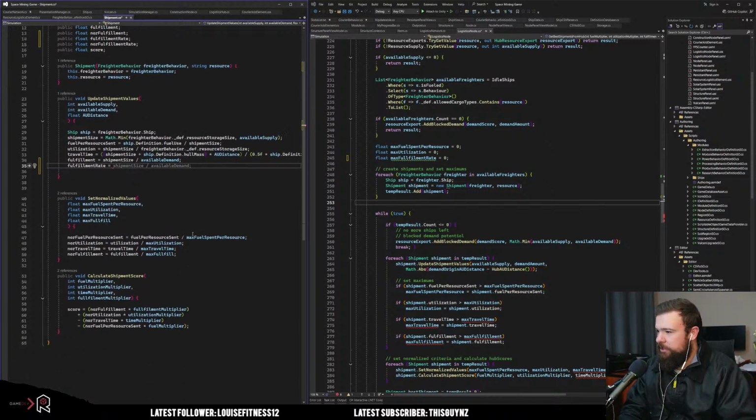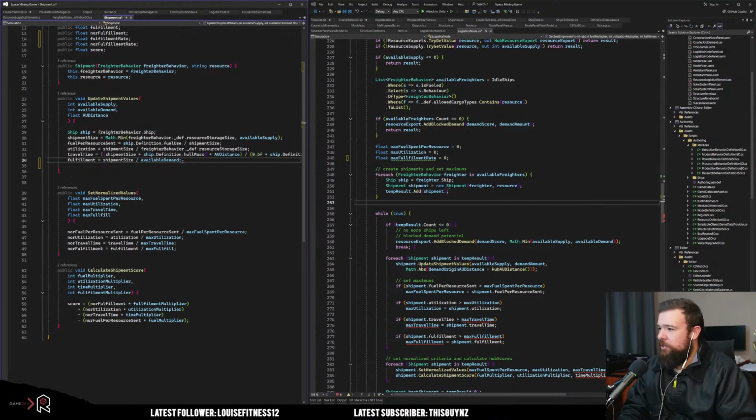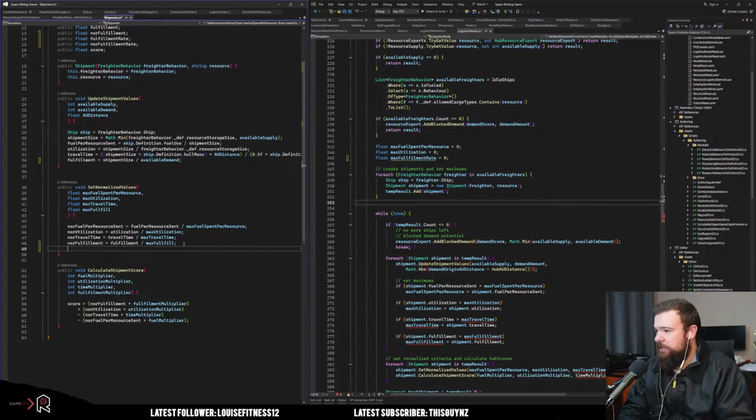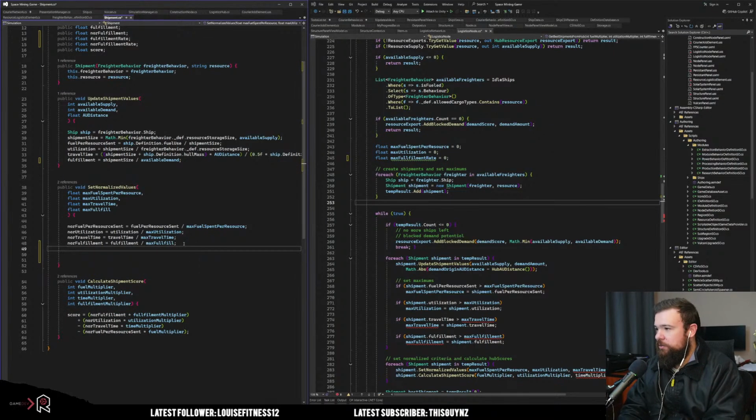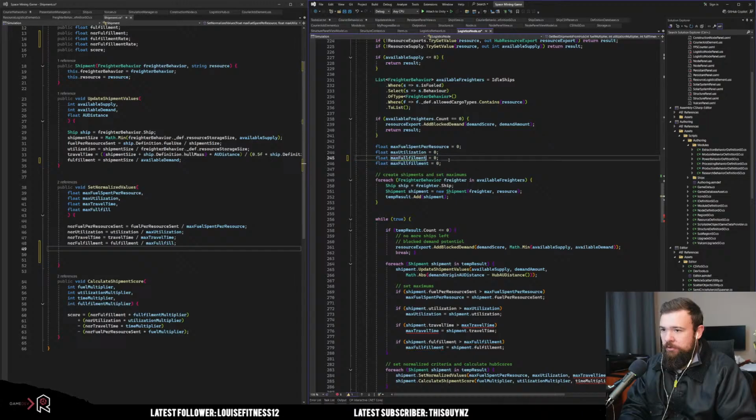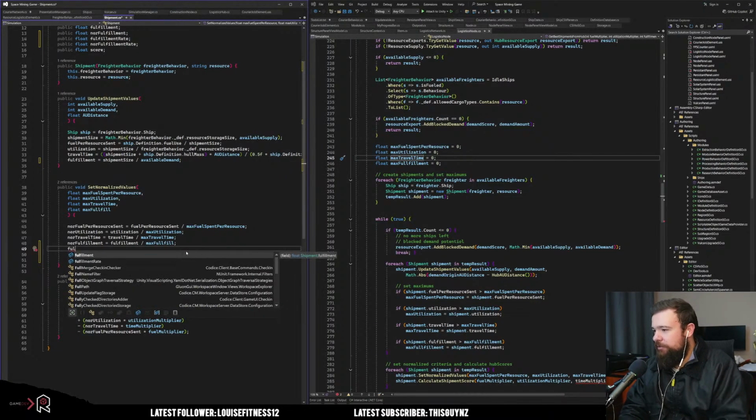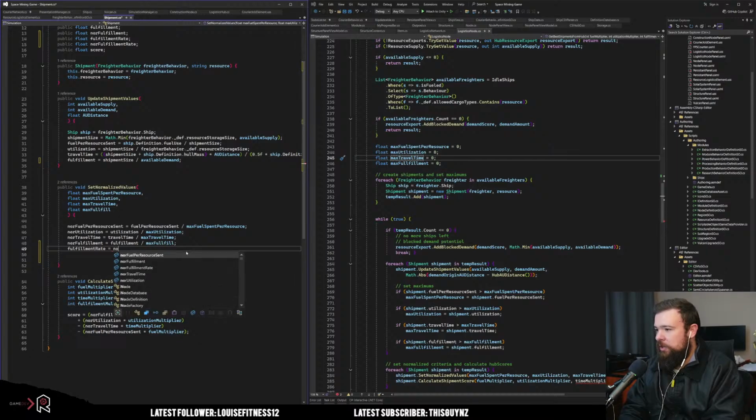Okay, wait, we can't do it here because we use the normalized values, right? So actually, when we set the normalized values, we still need these two, actually. Okay, interesting. So then we can do fulfillment rate, which is equal to the normalized fulfillment divided by the normalized travel time. And then the